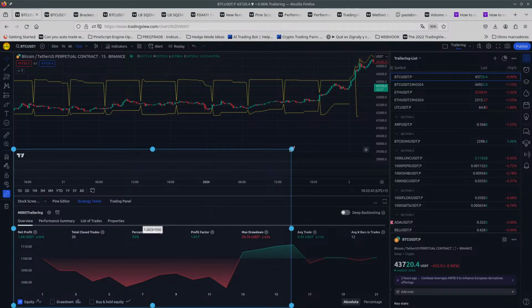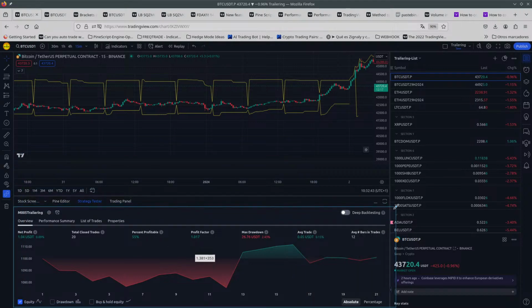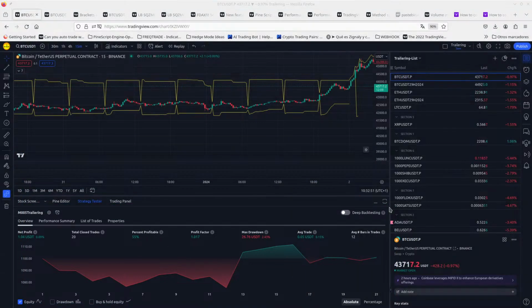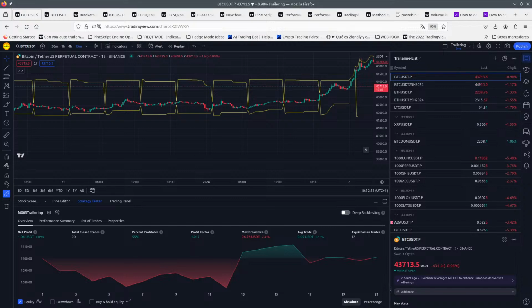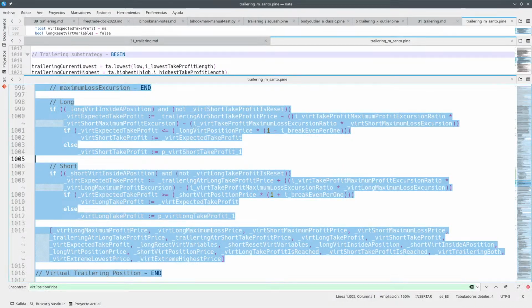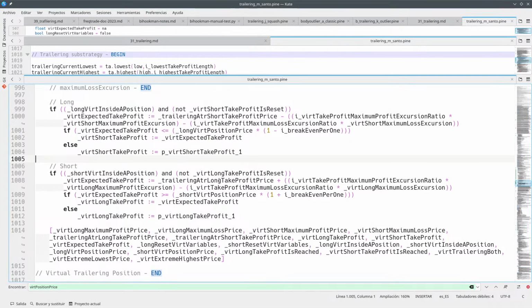Okay. So I have the screenshot. So this means that I have this screenshot associated with this code. And the way I think this works, I don't need